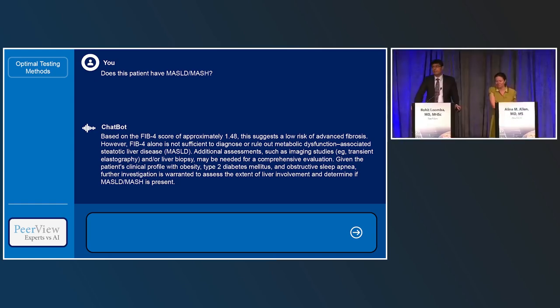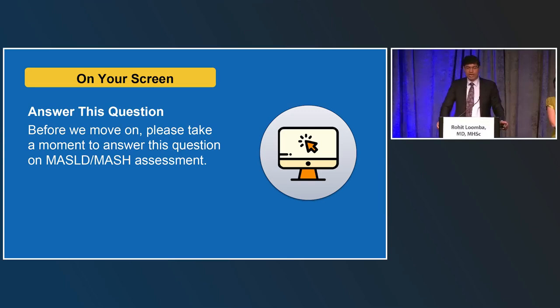Yeah, so this patient is right in the middle with FIB4 of 1.48. So the next step would be based upon our ASLD algorithm to try to get a VCT or MR elastography, but I think VCT would be the next best step. You could consider ELF testing as well, but I think in this particular setting, let's see what options we have. What additional testing would you order next?